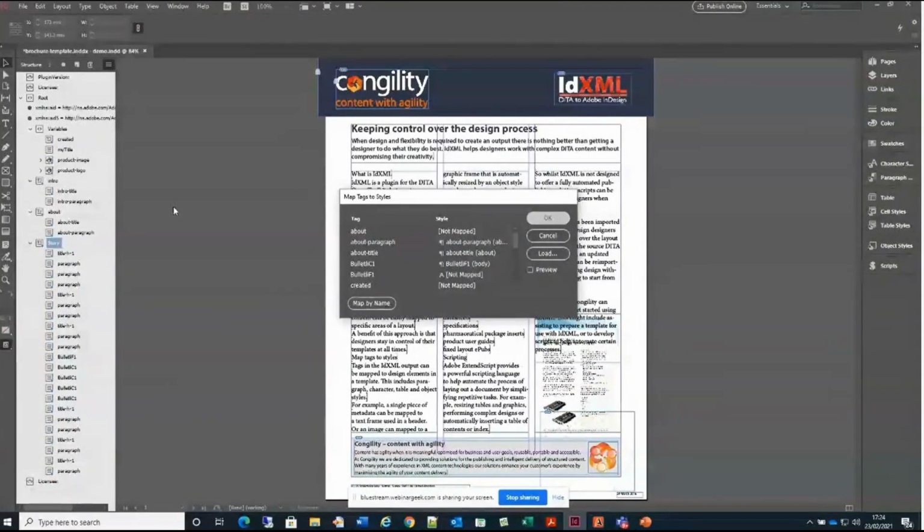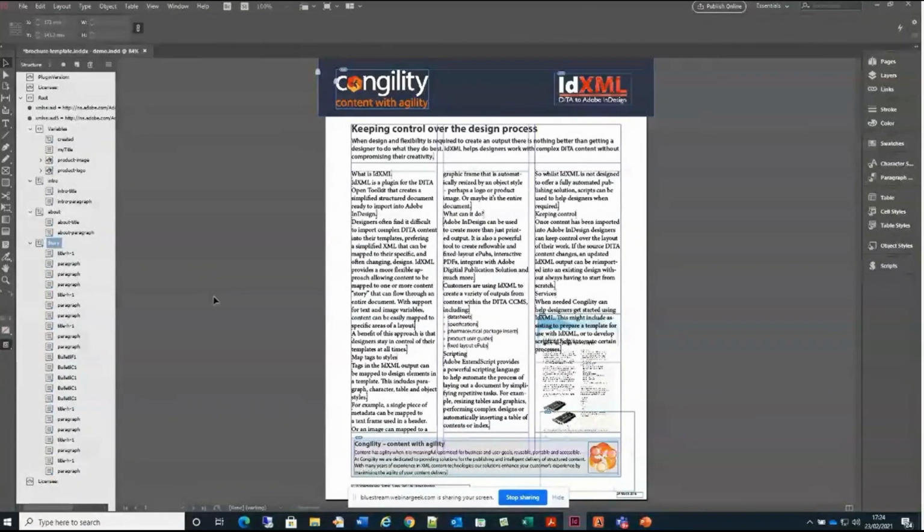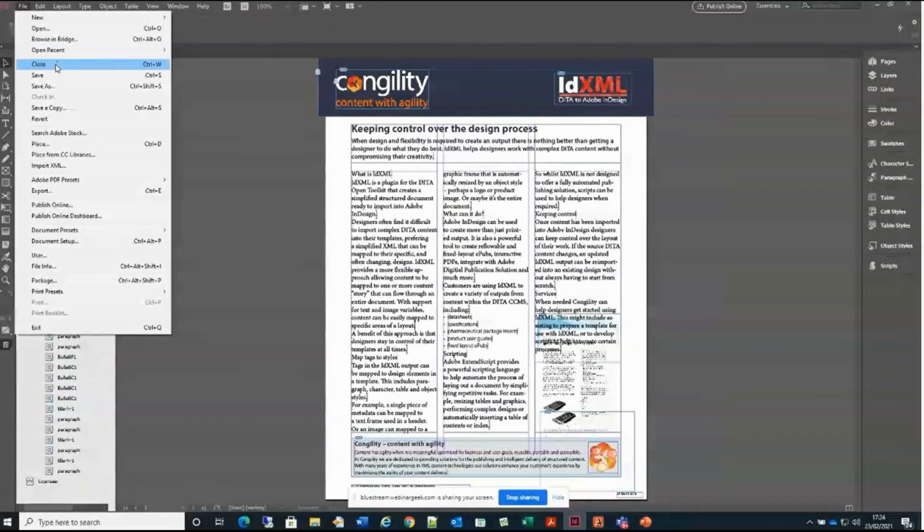And if I click on OK, then it would normally format. In fact, the bulleted list down here has been formatted because that one worked. And then once you've got all your elements associated and you've got all your mappings done, then your template's ready for use and will automatically style as you bring the content in. So if I close this one down,